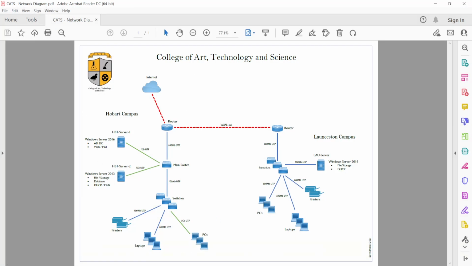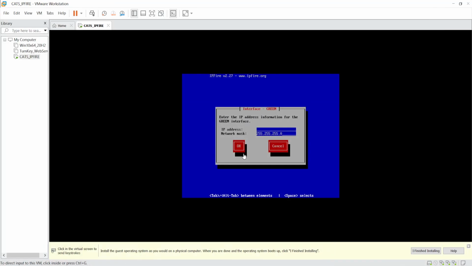Now, I don't know what IP address ranges and so on you are choosing. Nothing to do with me. So I'm going to go ahead and need my numlock on there. I'm going to go ahead and just choose a network address, an IP address for that green network. And the orange